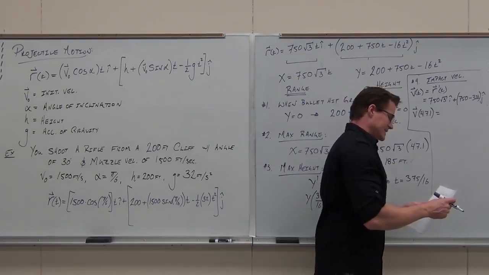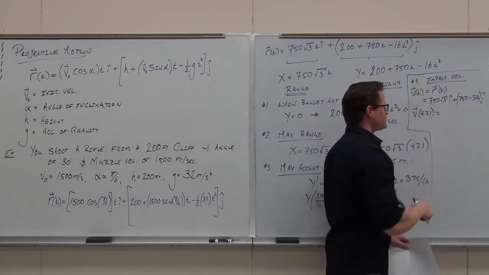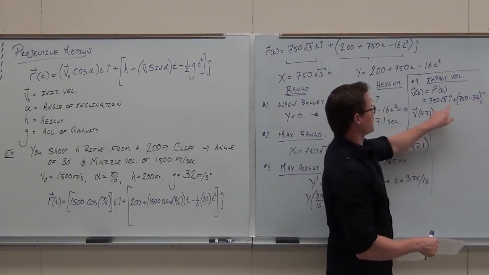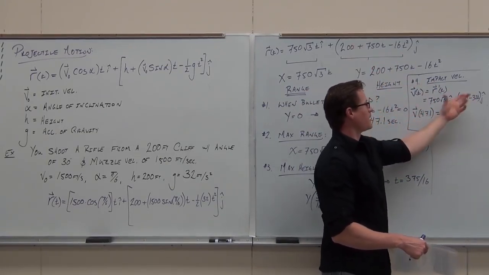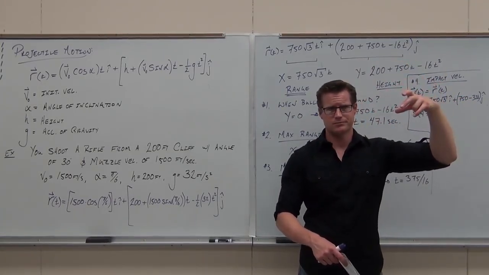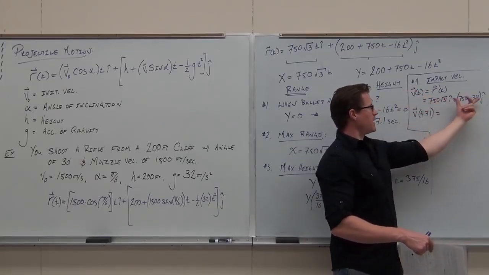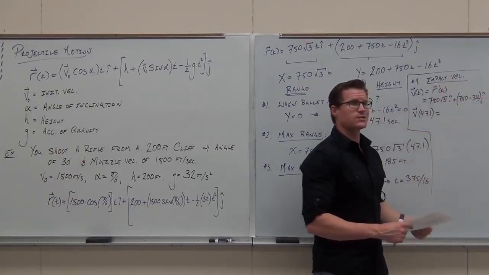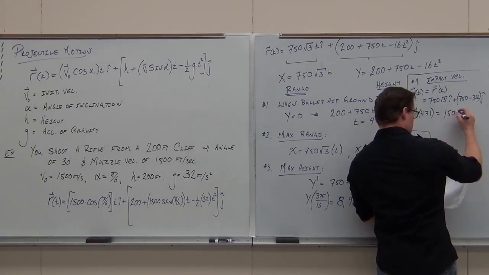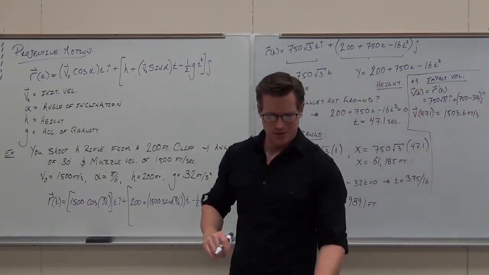I'm not going to do that for you. All you got to do is plug it in, just right there. Then you find the magnitude of that vector. Do you remember how to find magnitudes of vectors? Tell me how. Square them, add them, square root them. So after you plug in that number, you simplify, square the two components, add them together, take a square root, and we get around 1,503.6 feet per second,